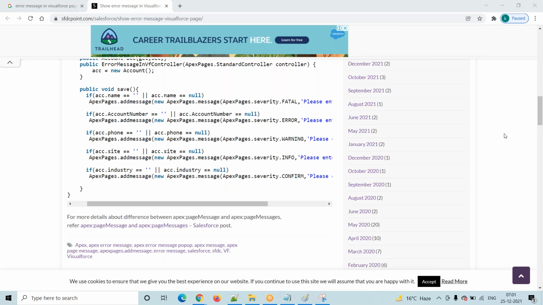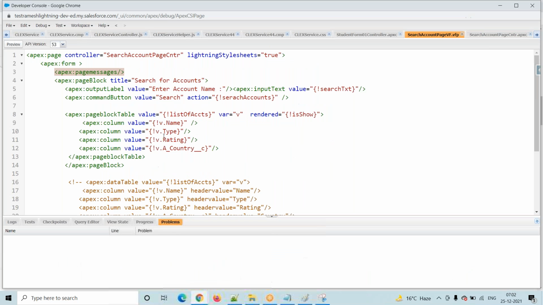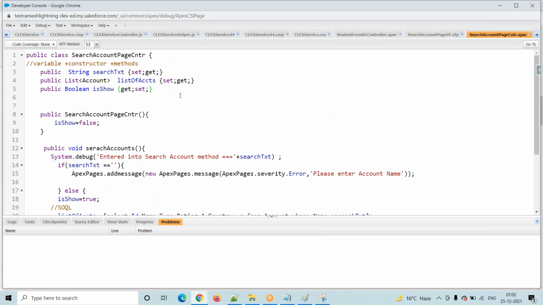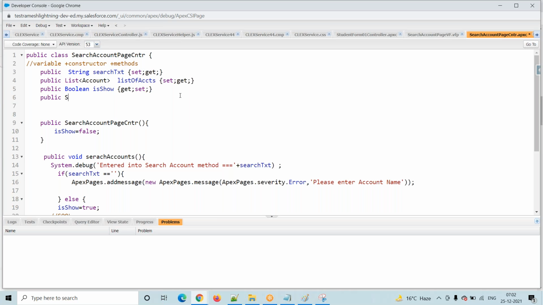Any questions on this? We learned two things. One is how to display an error message. The second important thing is, suppose we do not use getters and setters, and we declare the variable like string s, then the system will store null. What is the difference between these two? Public string s, versus getters and setters, where the system will store it like this: s equals empty.